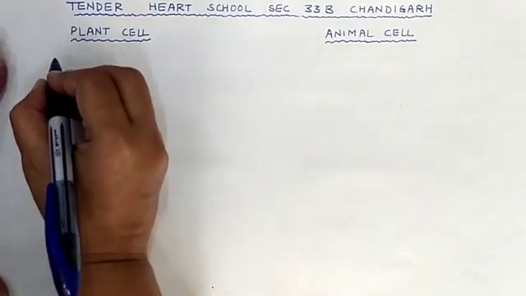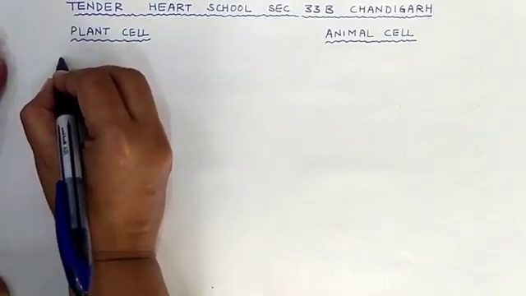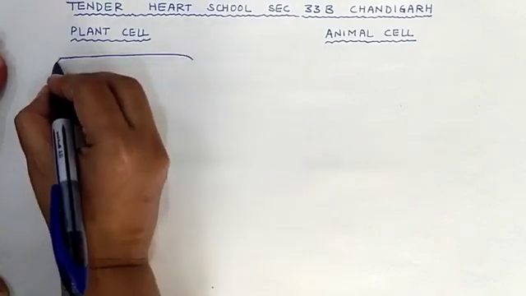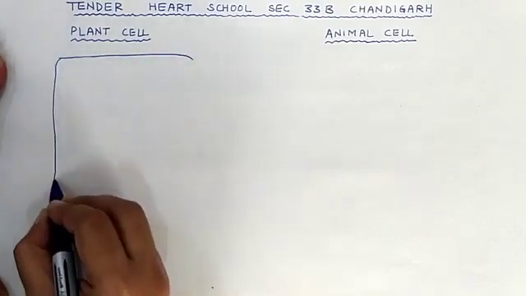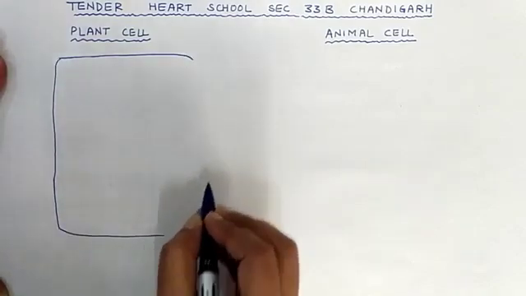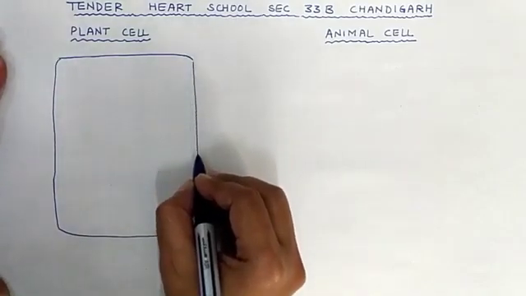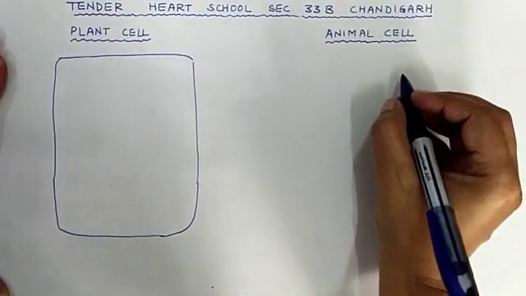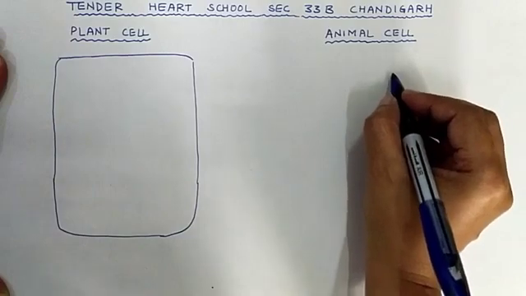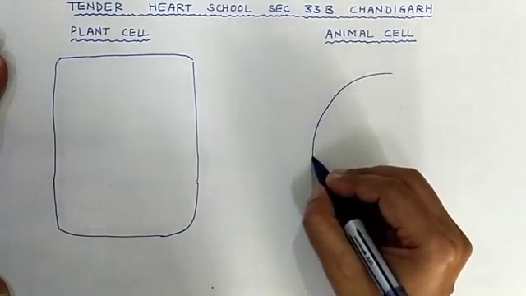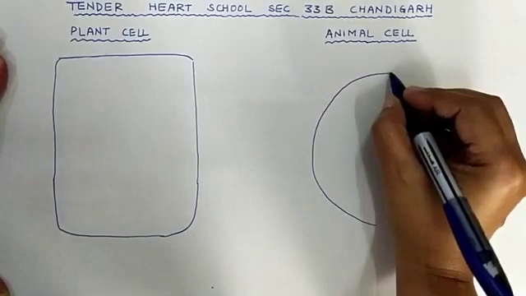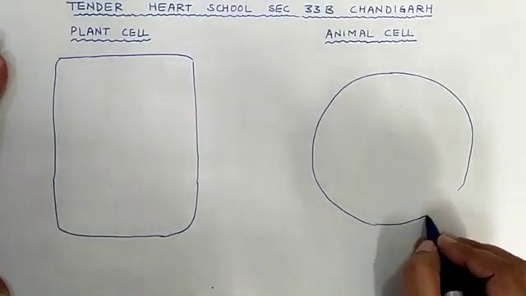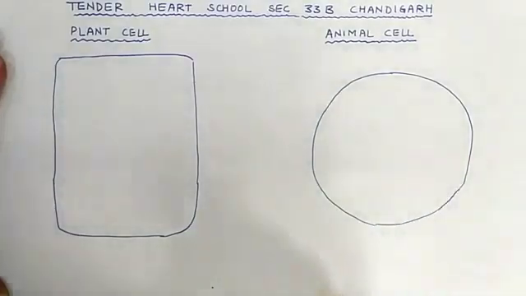Plant cell, we show with a rectangular shape. So this way you can draw the plant cell. And animal cell is round. It is usually depicted in round shape, right? Okay, now